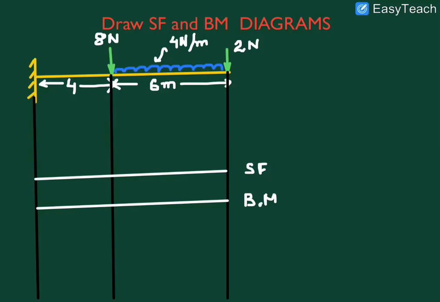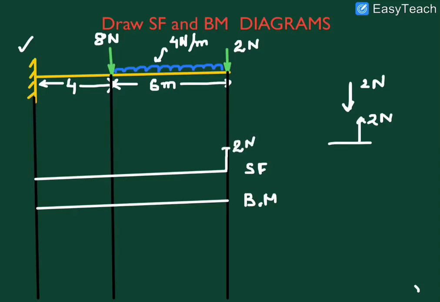Is it okay? Now first we draw the shear force diagram. In the shear force diagram, in the case of a cantilever, if 2 Newton is in the downward direction, this is the convention: when the left side is the fixed end of the cantilever and we draw the shear force diagram, if 2 Newton is in the downward direction, we choose a line of length assumed to be 2 Newton in the upward direction. We just move in the opposite direction of the load, that means we move in this direction by 2 Newton. This is 2 Newton.